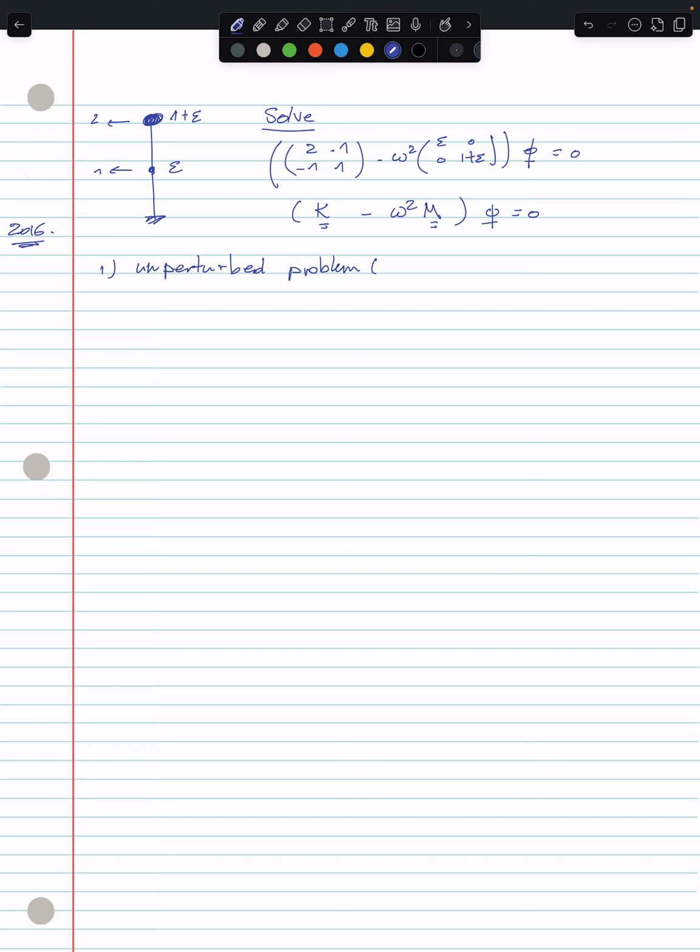Okay, so we just replace epsilon by 0. And so we see that the problem we need to solve is a general eigenvalue problem, minus omega squared multiplied by 0, 0, and 1. Like this. Which is still an eigenvalue problem, right? So we would be tempted to say that this is a regular perturbation. Okay, a little bit later,